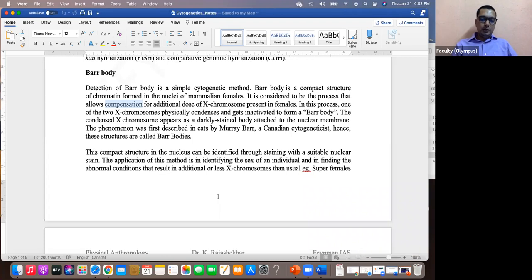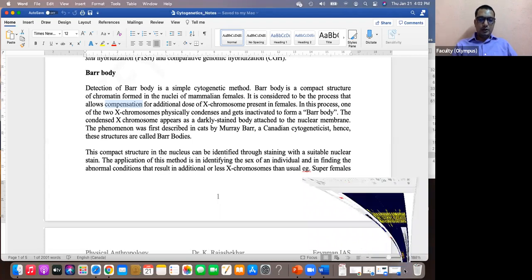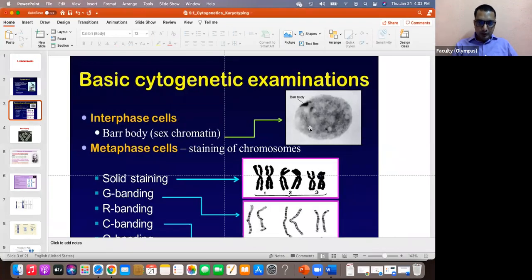In general, during cell division, I'm not sure if I have shown you that image, but normally you will see complete thread-like structures all through. We are talking about 23 pairs of chromosomes present all through the cell. Of course, when I say all through the cell, I'm referring to just the nucleus portion. So this part that you are seeing here is the nucleus. The whole thing is nucleus, and the cell is as big as this. That is what is confusing you here. The cell will be as big as this, and we're talking about only the nucleus part.